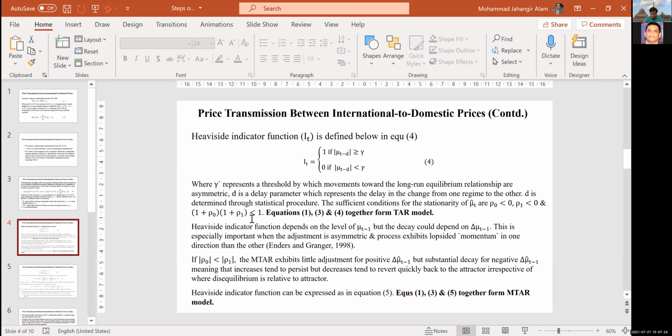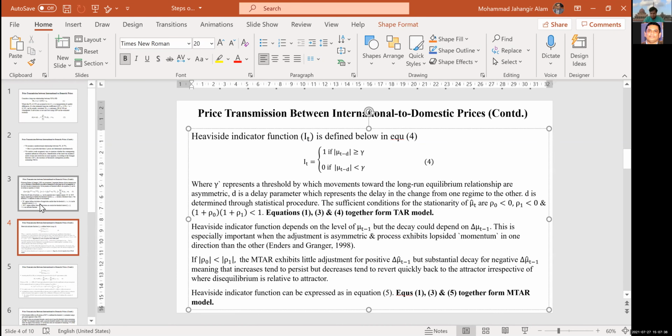And then the sum of these values must be 1. So in our equation, when I show you that, you will see how it's actually less than 0 and less than 1 here. Here in equations 1, 3, and 4, for example,